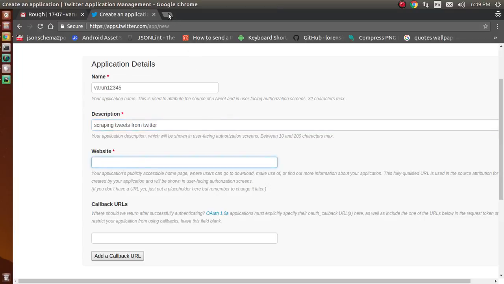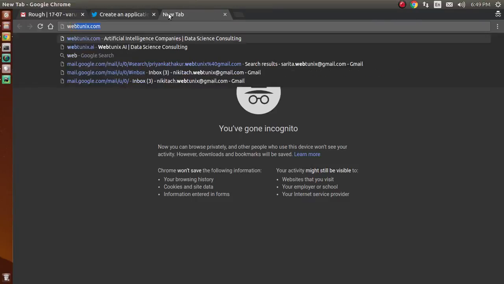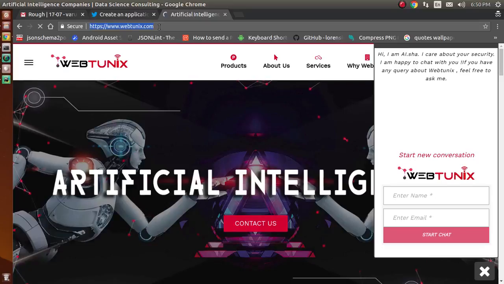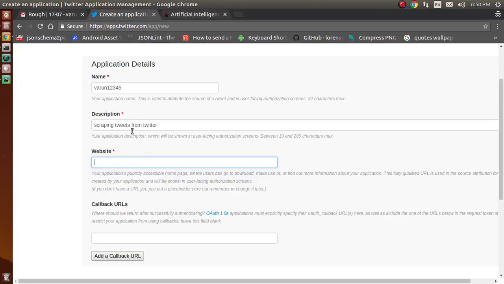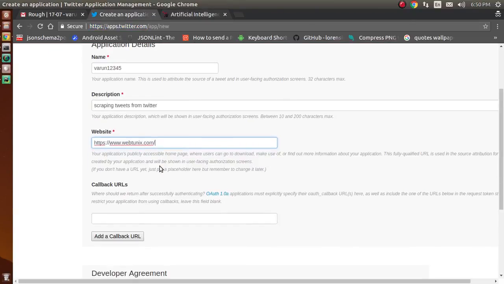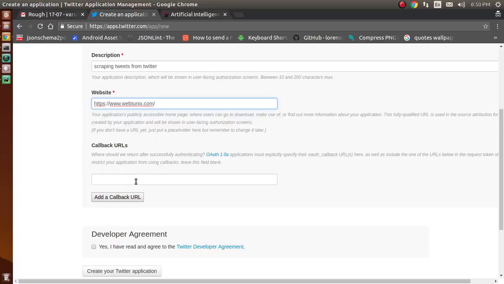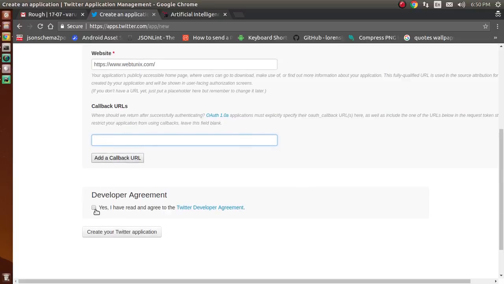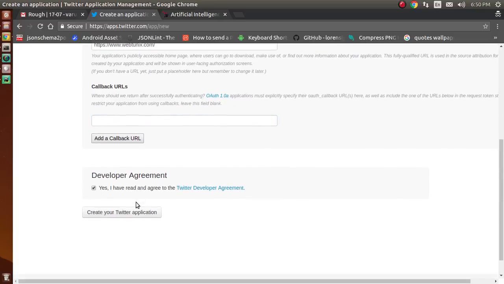And for the website, let's mention Webtonics as our website URL. The callback is an optional parameter, so you need not pass it. Just click on this agreement checkbox and then create your application.